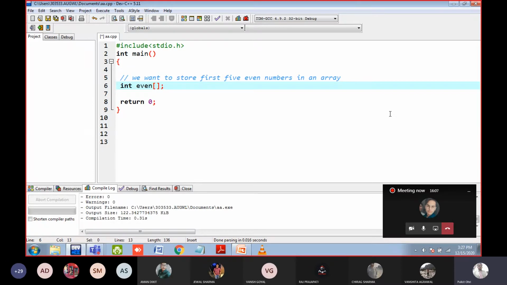Just remember square bracket, not round bracket or curly bracket. And once it is opened, it should be closed. And inside it, you have to write the size. What is the size? So 5 numbers need to be stored now. So the size is 5. Okay. Now this is known as declaration of the array.